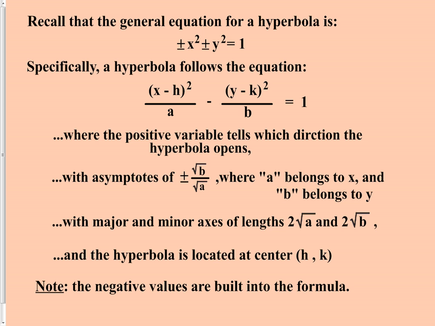One of the things you need to make sure that you keep straight is that the ideas of major and minor axes do not have anything to do with the direction that the hyperbola travels. They are completely independent from each other. The hyperbola might actually open in the direction of the minor axis, and vice versa. So let's take a look at some of the questions that are involved in order to get the basics